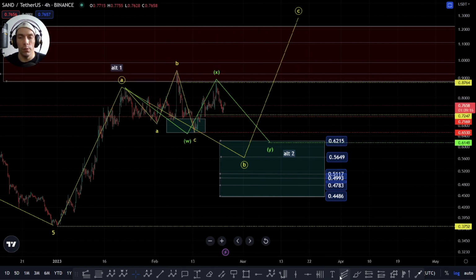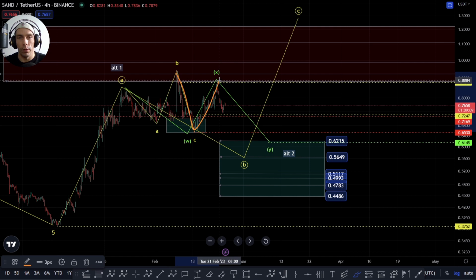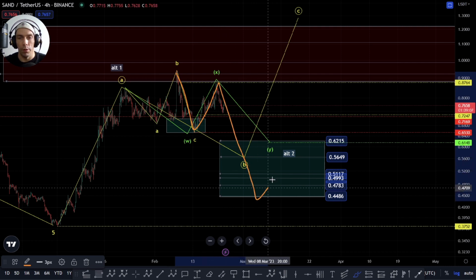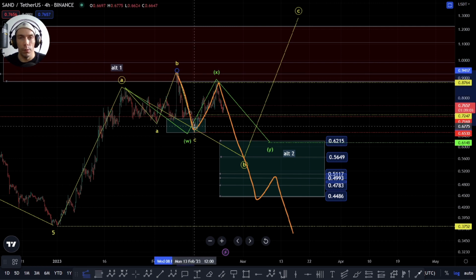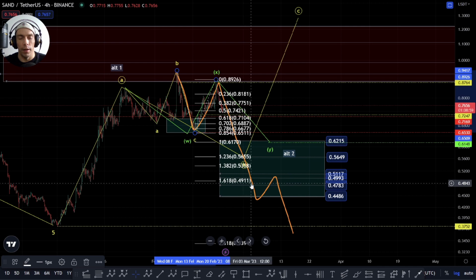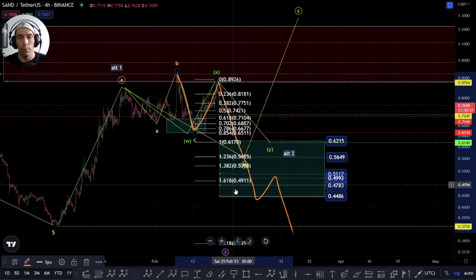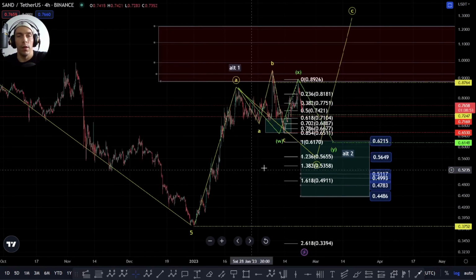The difference is if we look at this move from this point here, then we do have that potential for impulsive structure where this could become a 1-2 breakdown for a 3, 4, and a 5. But that would only be confirmed by actually moving down towards this zone of this 1.49 zone. If we do have to move down past that area, then effectively we can start looking at the potential that